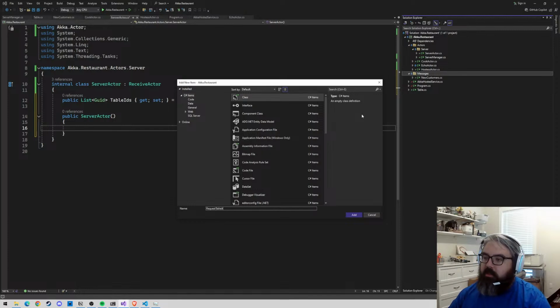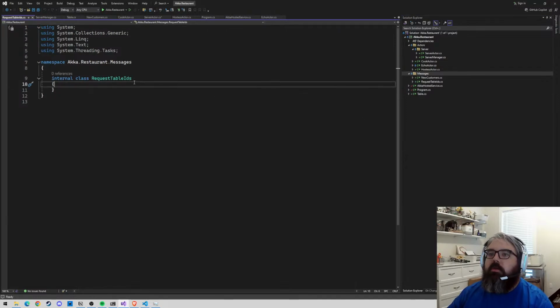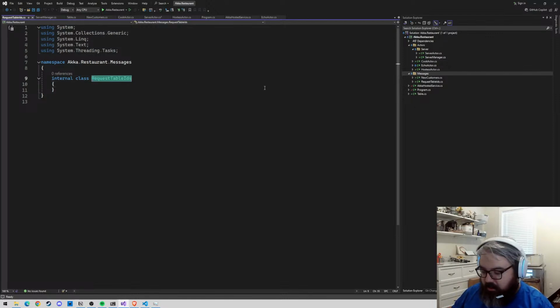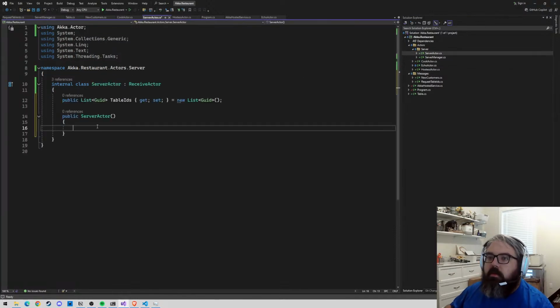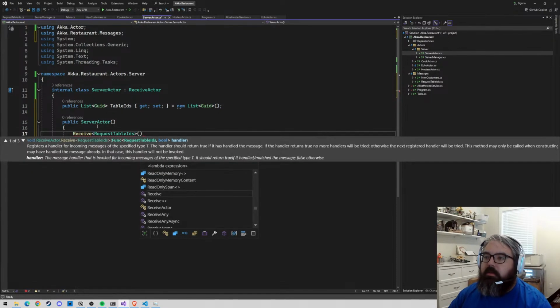Yeah, request table IDs. Let's do that. So this is a message, and we don't even have to have anything in there. That's great. We just know it's of type request table IDs. So the server actor, once it receives a request table IDs,